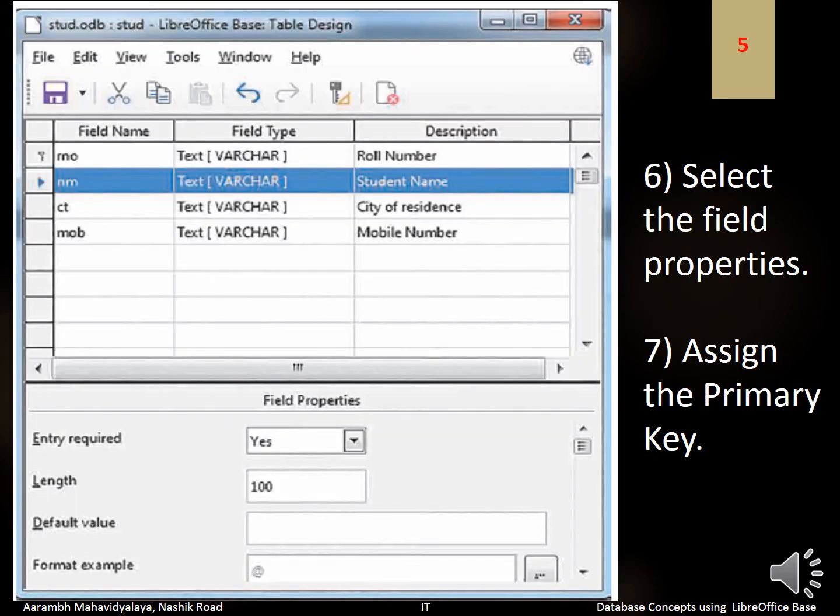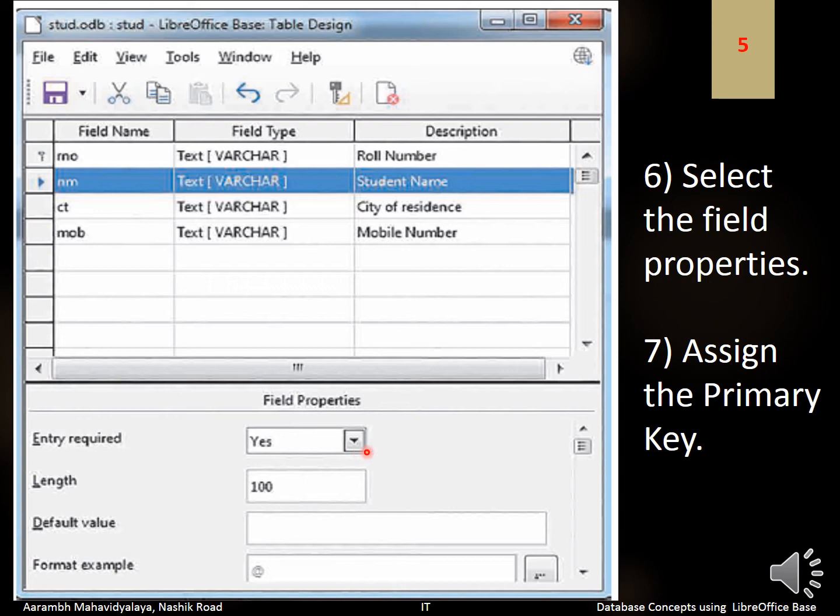Then here we have provided some fields in this table. First field is the roll number. Roll number has the field type text, varchar. Varchar has different properties. First property is entry required.